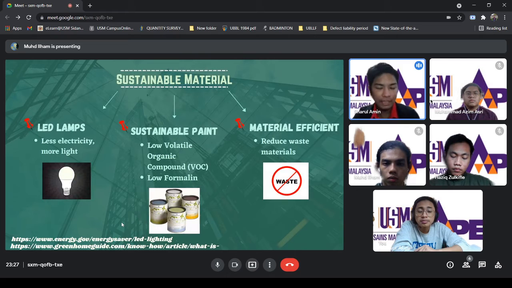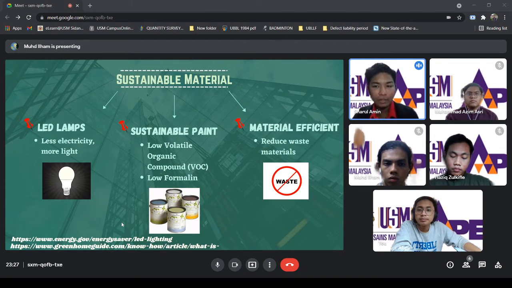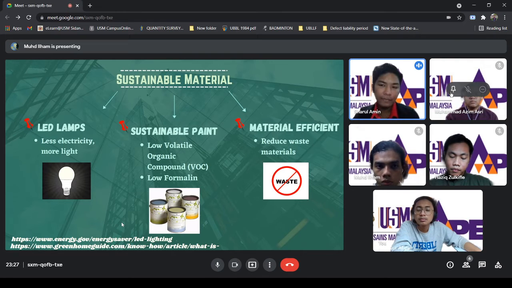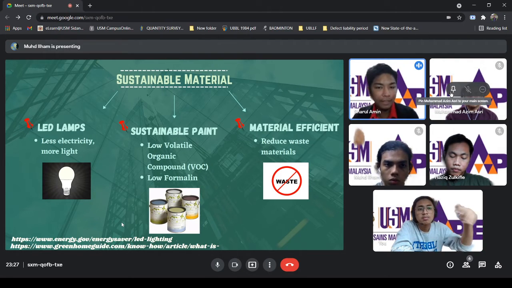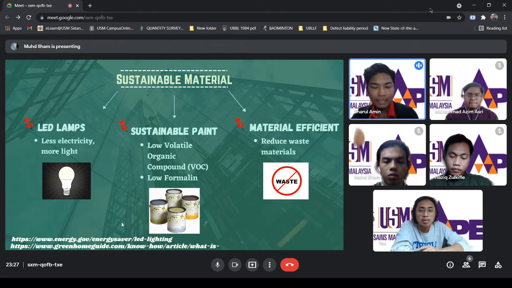Okay, let's move to the sustainable material. For sustainable material, the contractor should always use such material for the project. It can give more benefit to the client in the long term. For example, use an LED lamp for every lamp in that building. LED lamps can save electricity, and at the same time, they can give more light than the basic lamp,